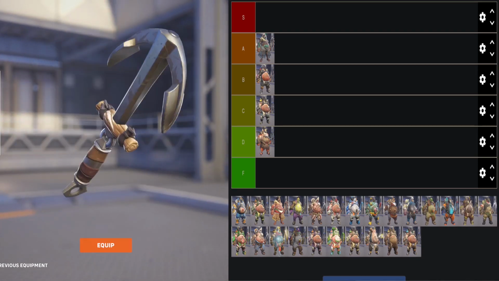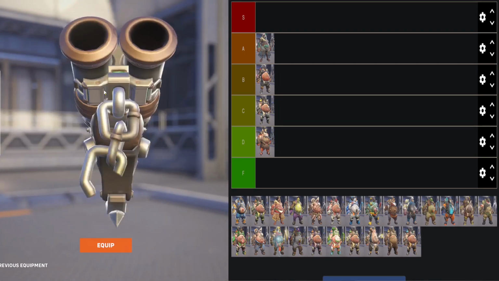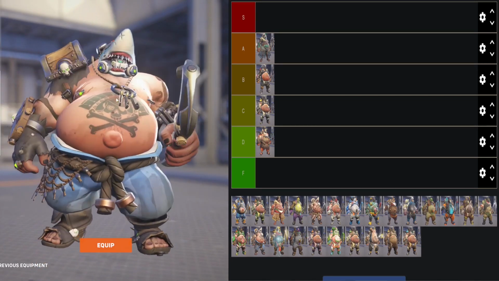Then we have Mako Roadhog, which is Shark Roadhog. Instead of a hook, he has an anchor, which is kind of funny. And then he has this primary. I really like the look of this primary. Besides that, though,